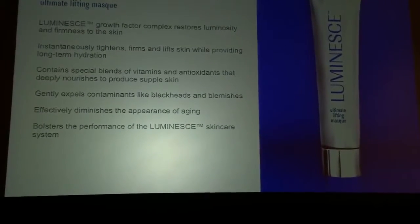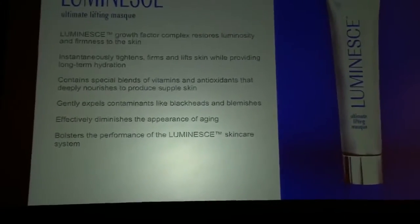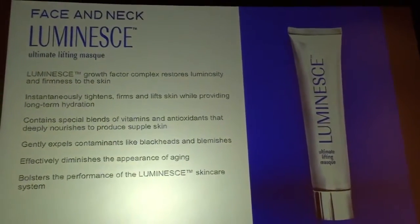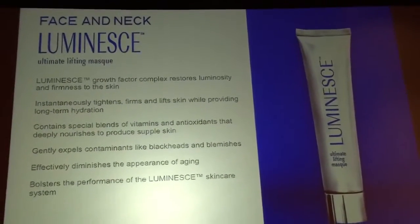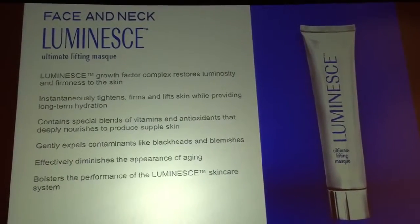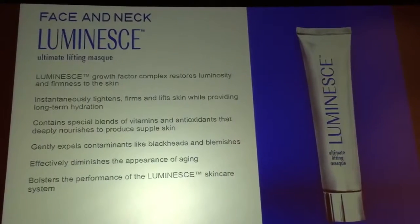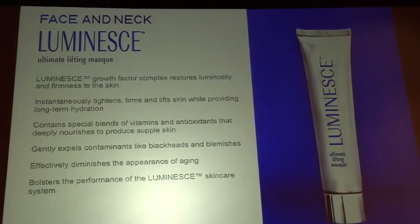Then we have to have something that works immediately, because some days we can't wait a few months to look good. So we have to have some days where we look good right away. And we have this ultimate lifting mask where it can immediately lift the skin and give you a facelift effect for a few hours. You put it on and leave it on for about 15-20 minutes, it dries off, you can peel it off and apply your products on and look much